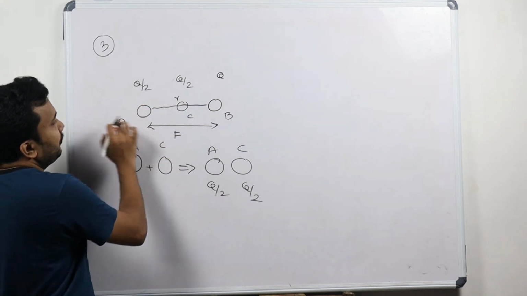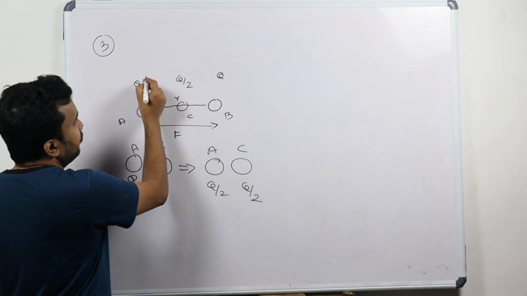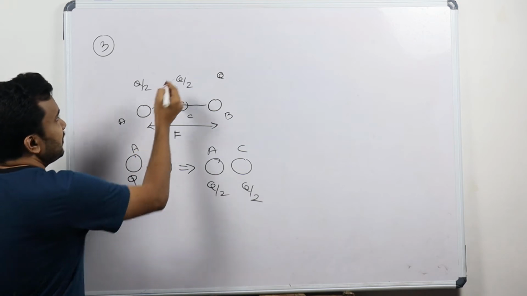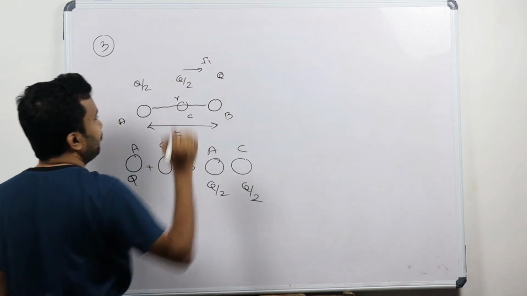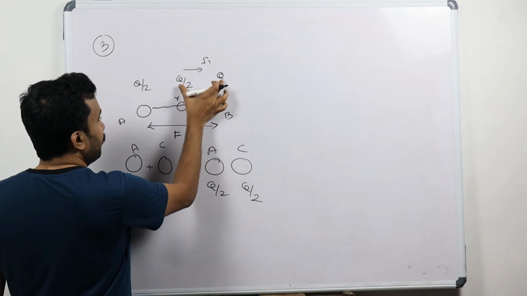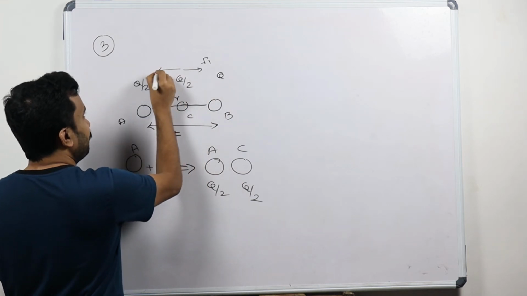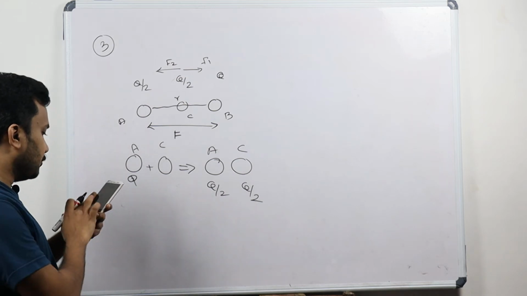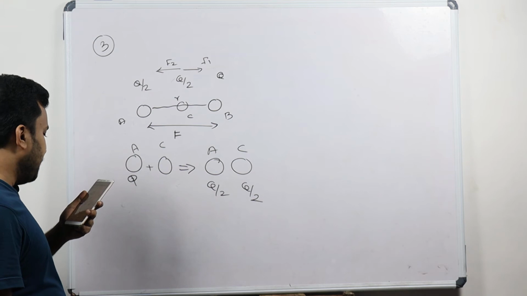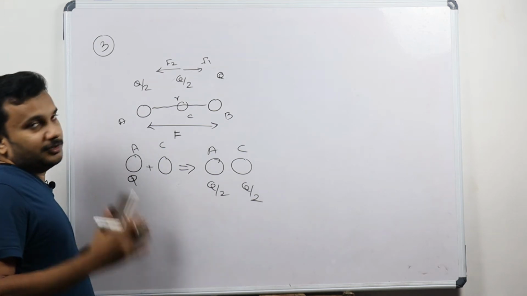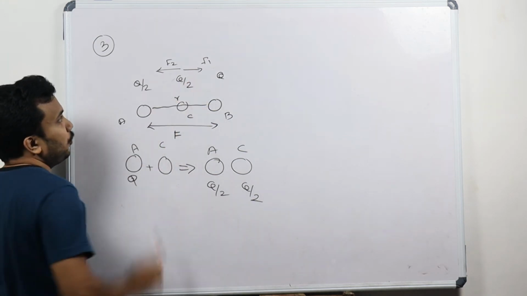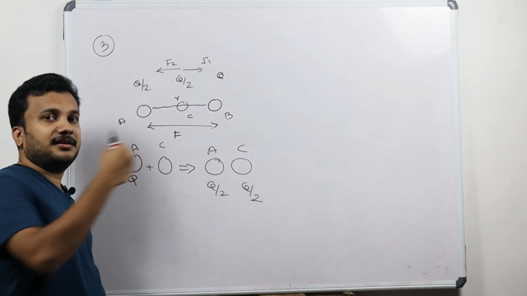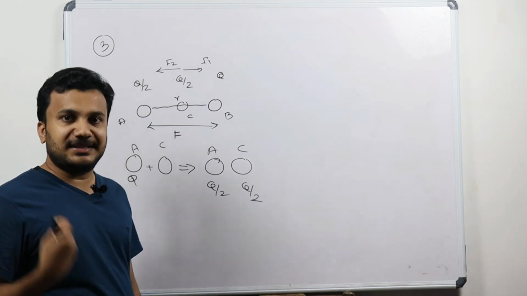Okay, so net force on C means the force due to this charge. Both are positive, so it's a repulsive force. This body will move like this, F1 force, and the other charge and this one are both positive, will not attract, this will move like this. So two forces will be there, F1 force and F2 force. The question is asking about the magnitude of the net electric force on C. Total force we have to see. So both the forces are in opposite directions. So to find the net force, when two vectors are acting in opposite directions, what will we do? We will subtract.